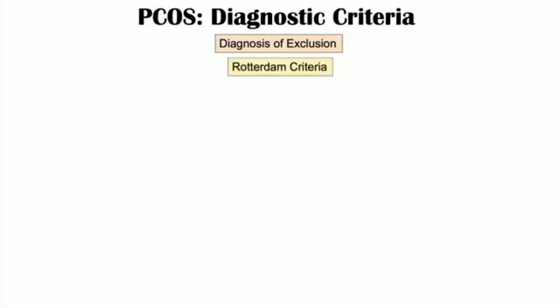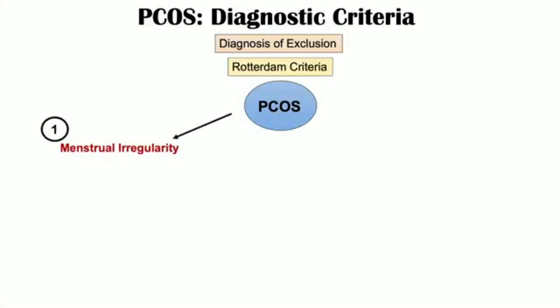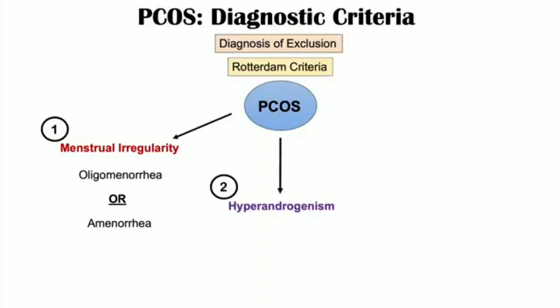Now come to the diagnostic criteria. First one is menstrual irregularity or oligomenorrhea, then hyperandrogenism. Third one is polycystic ovaries, that we can find out through ultrasound, and we require 2 or more for diagnosis. If there is presence of 2 or more,